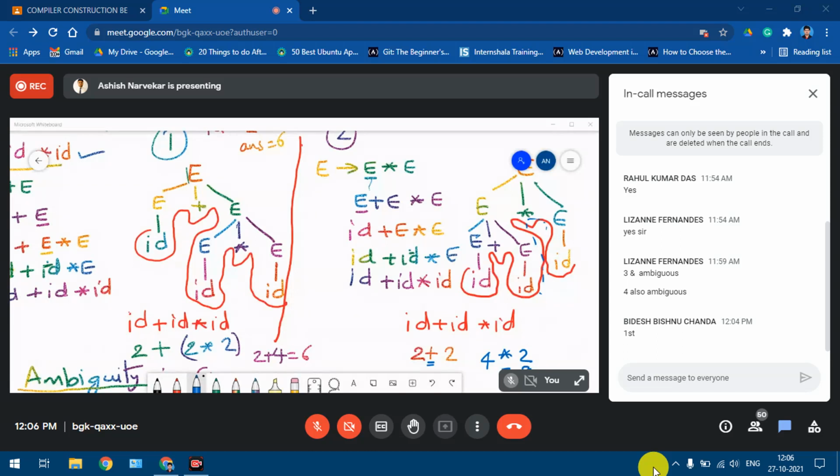But what actually it will do is, when that plus operator comes into the picture in the first parse tree, that plus operator will be waiting for the second operand. Now the second operand in the first parse tree is not yet ready because it has not been processed. So it will go deep into the tree and check out the evaluation of that second part in order to get the value of the second operand. That itself is another expression, that is id into id. So it will do 2 into 2, 4, and then give it back to the plus operator as a second operand. So it will become 2 plus 4, that is 6.